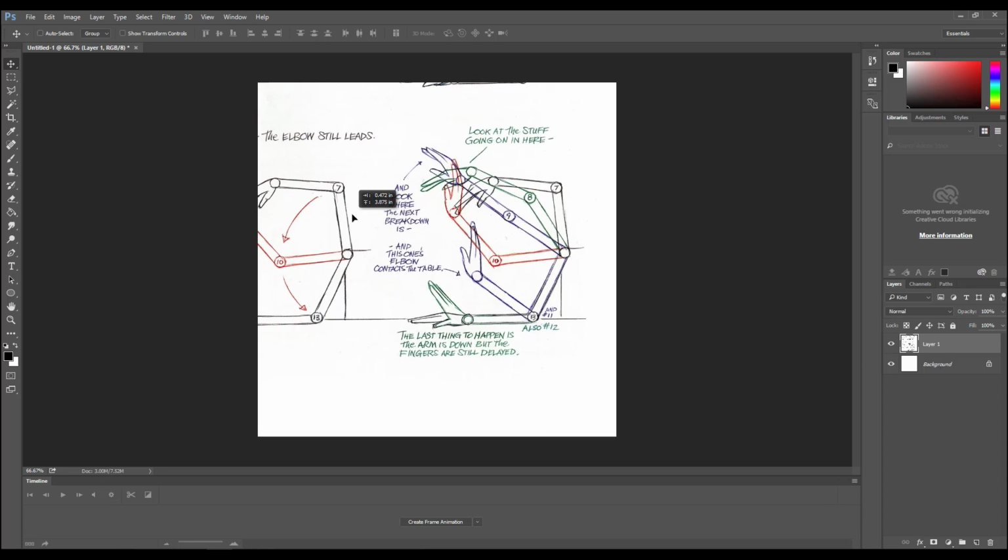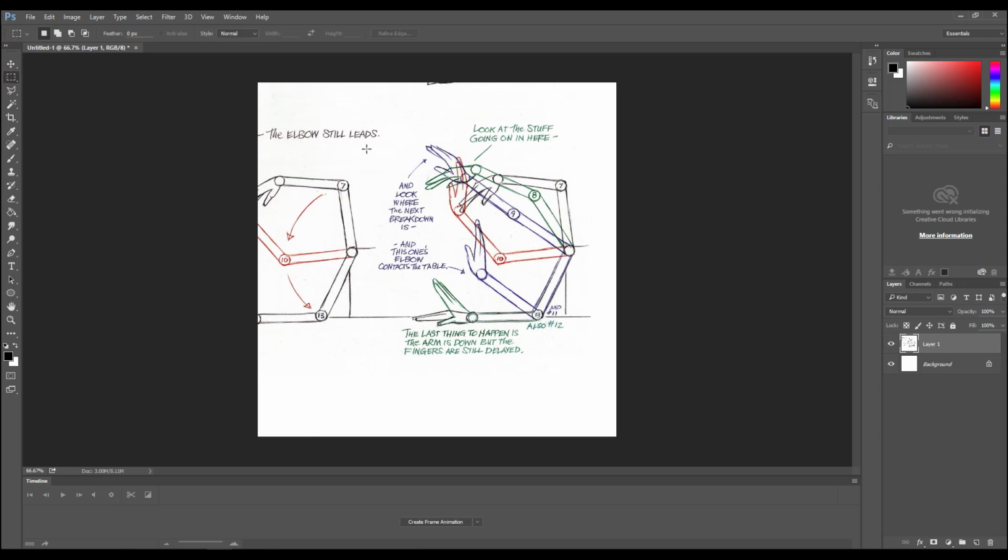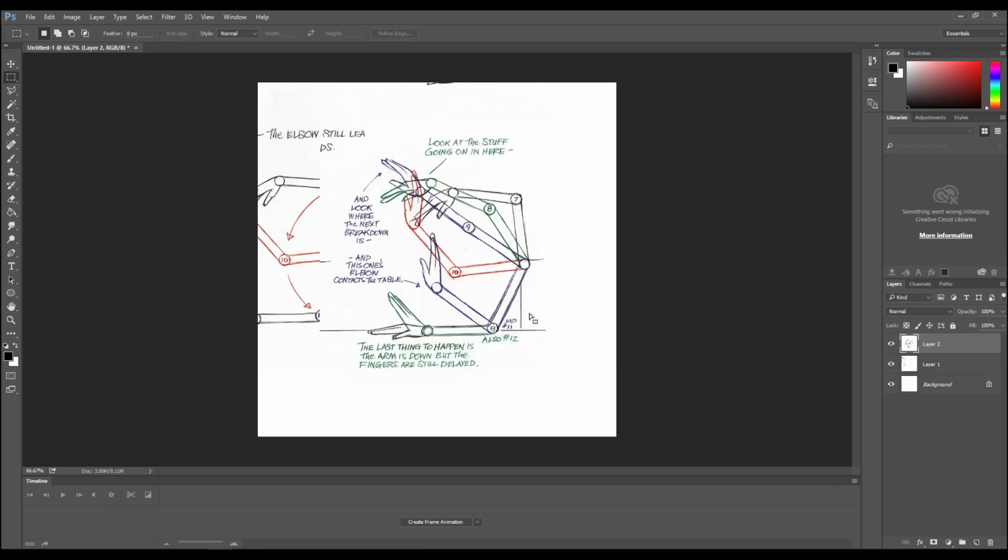And I know actually what I want to do is take this and make a selection like so. Do a Control X and then Control V. That will cut and paste this section here. I'm going to change that opacity down to about 50% and pull my other layer back. And so what we're going to do